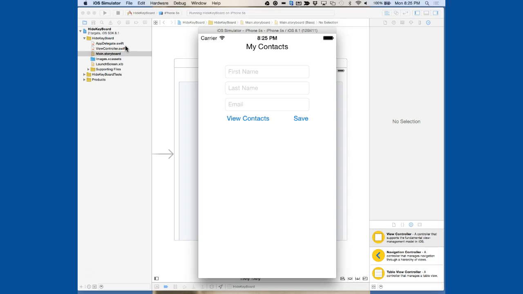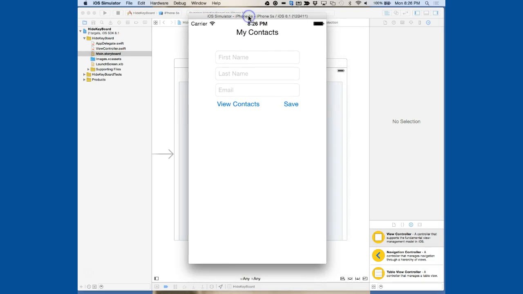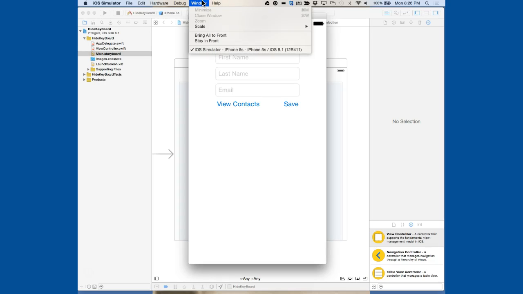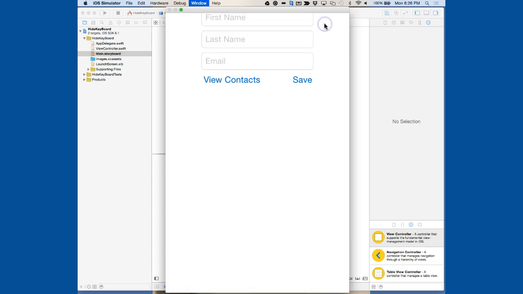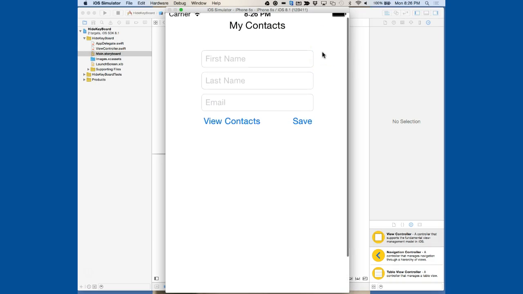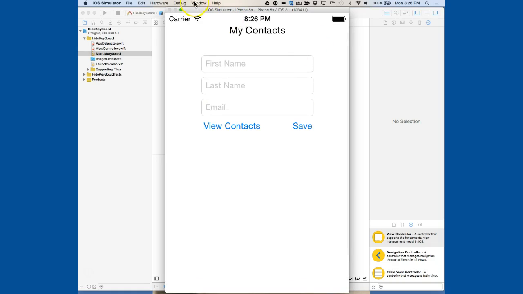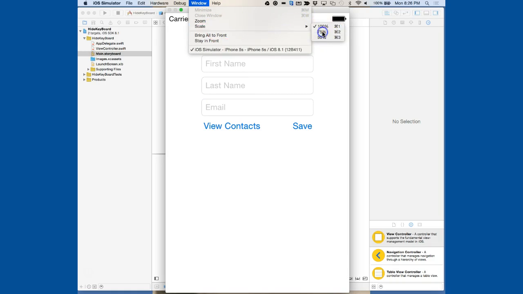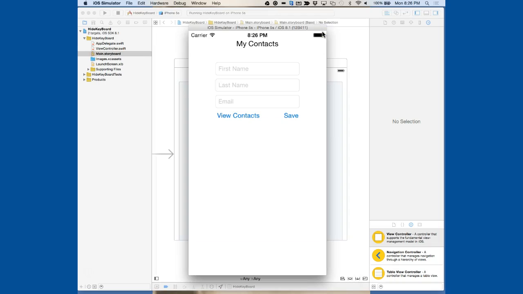If it's a little bigger than mine on your screen, where do I go to resize this? Do you remember on the simulator? Where do I go to resize or zoom in, zoom out? I have a little help for you up here on the overhead. Window scale: I'm at 75%, but say yours is at 100%, it's really big like that. You can go to Window scale and bring it down to 75% so you can see the whole thing on your screen. It's not going to do anything right now, but the objects should be on there